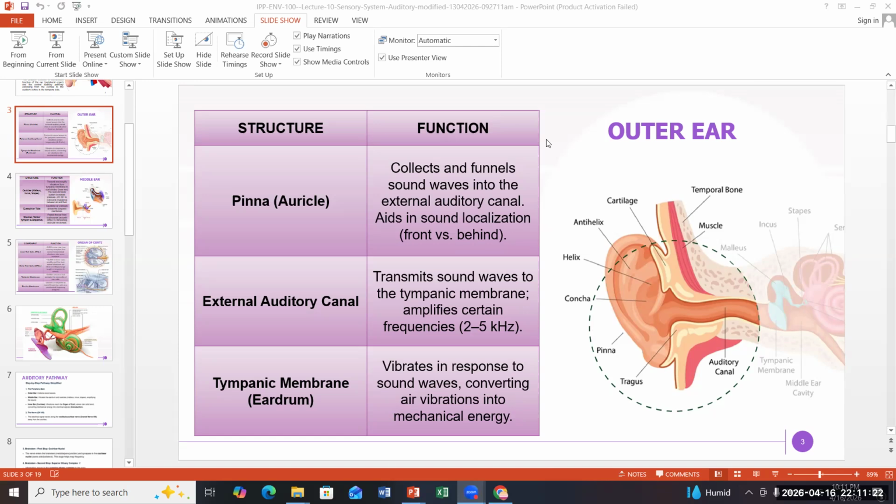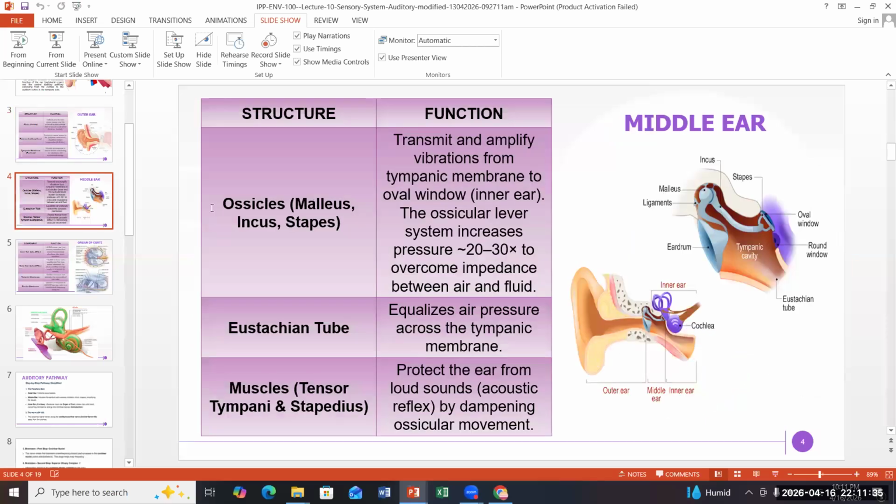So, a very quick overview. We know it already. The human ear is actually divided into three parts. If I ask you to concentrate on this diagram, just a while. Okay. If you concentrate on this particular diagram,